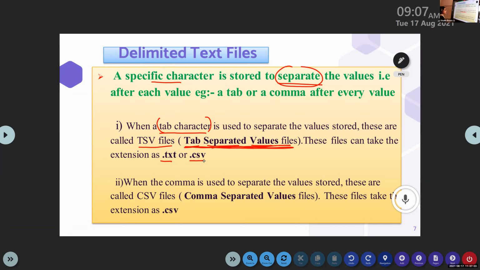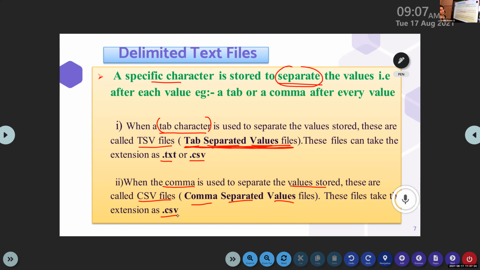Coming to the next one, our values can also be separated using commas. Such files, in which data are separated using commas, are known as CSV files. CSV stands for comma separated value files. Such files have the extension .csv.